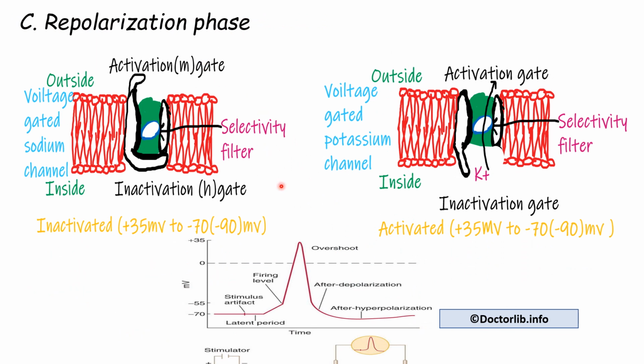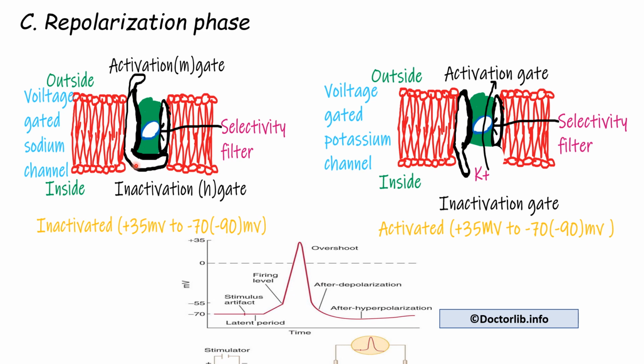During the repolarization, we can see that here the upstroke is reached, plus 35 is reached. So after some time, what is that time called? Here the inactivation gates of sodium, after a fraction of a millisecond, are slower to close. They have started closing during the membrane depolarization, but they take a lot of time. That is, after a fraction of a millisecond, they close.